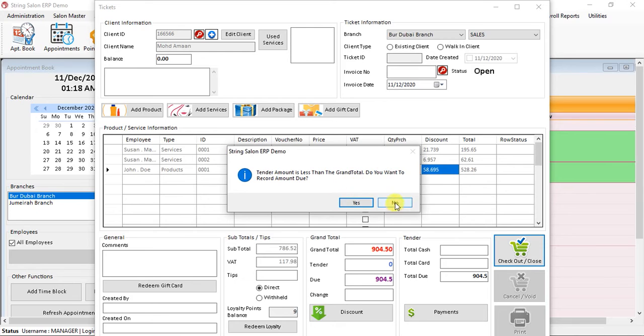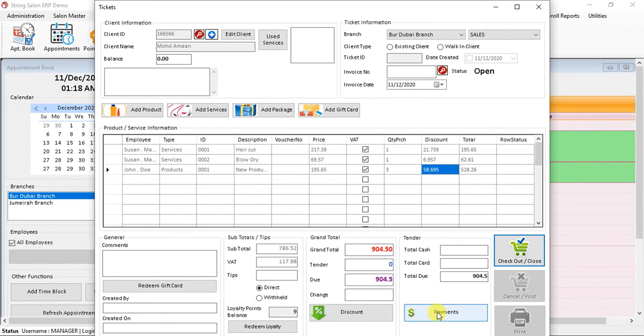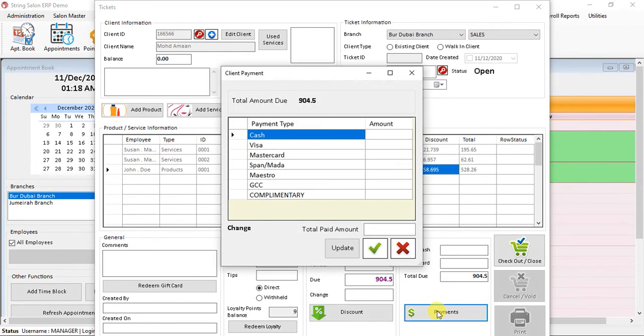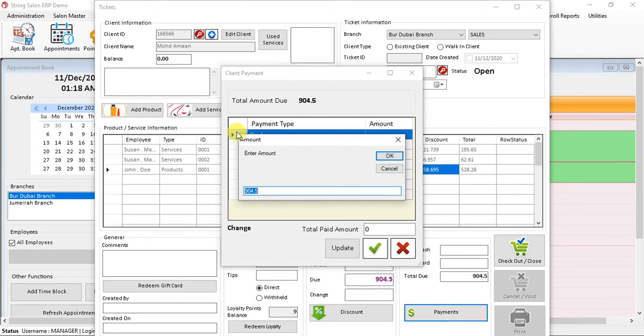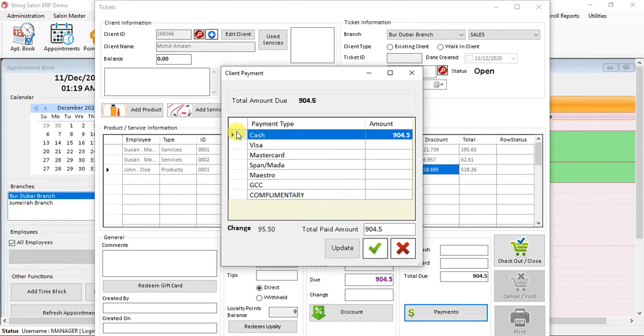Or else you can provide the payments, meaning how they paid. For example, they paid by cash, so they gave around 1000 dirham or riyal. If you put 1000, the balance change you have to give is this one.